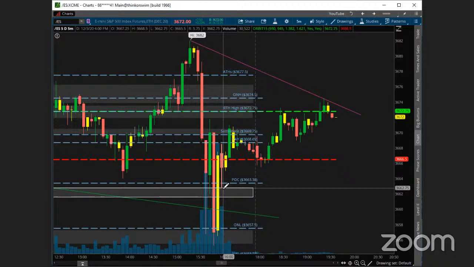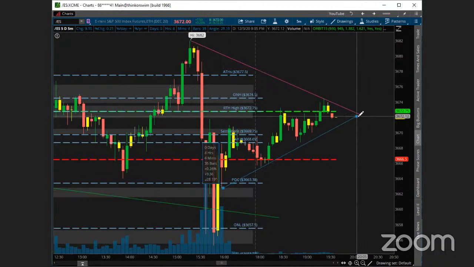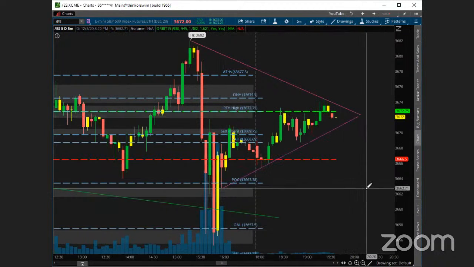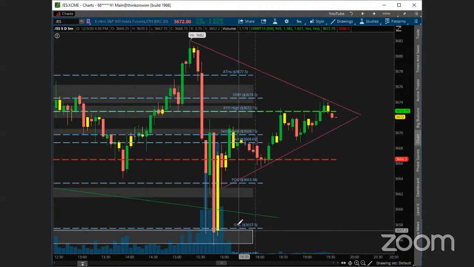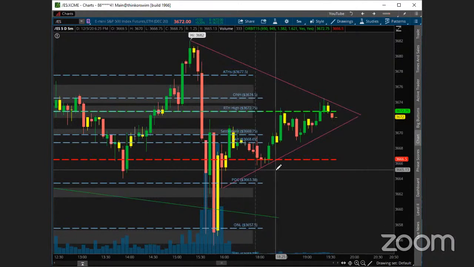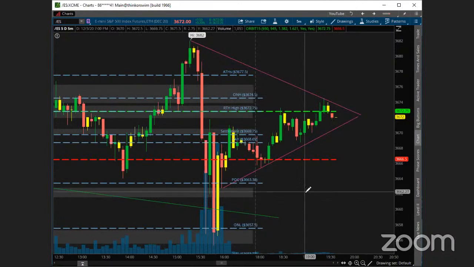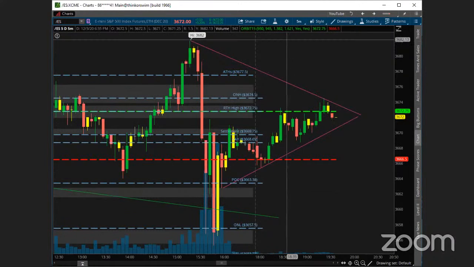But let's just go from here to here and see how this triangle holds going into the rest of the evening. And if it breaks out, we might return to the scene of the breakdown. If it breaks down, they might want to retest these areas here too. So we'll see how that goes throughout the night. So good stuff. Let's take a look and go over the topic.